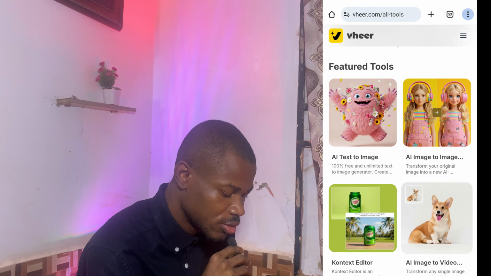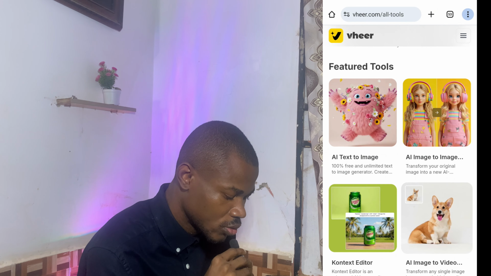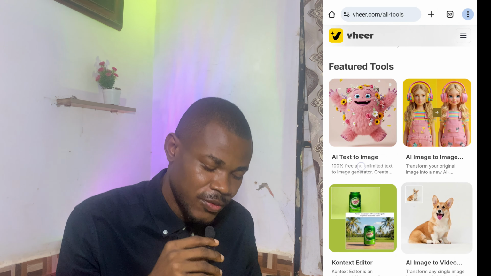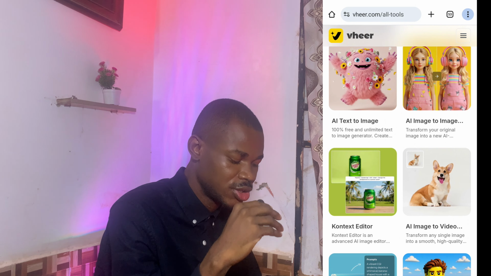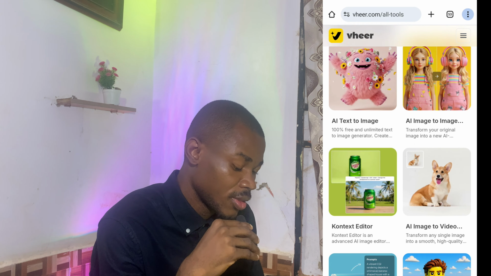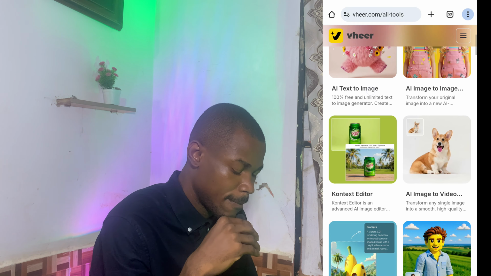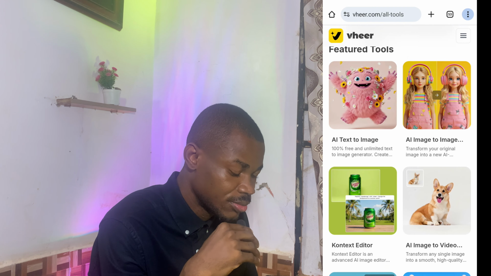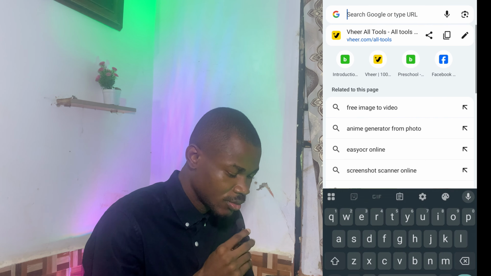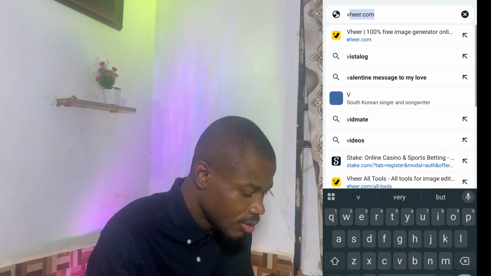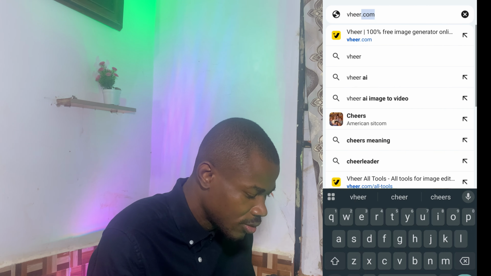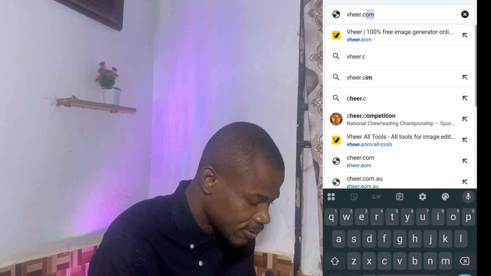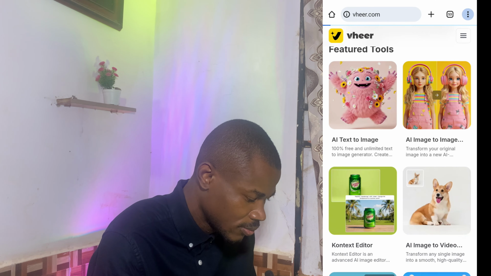So, guys, this is a quick tutorial on how you can use this new website to create unlimited free image to image, text to image, and image to video animation, right? So that is, you will enter the text. The name of the website is via.com,